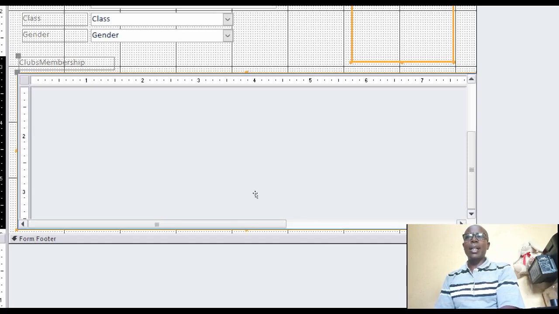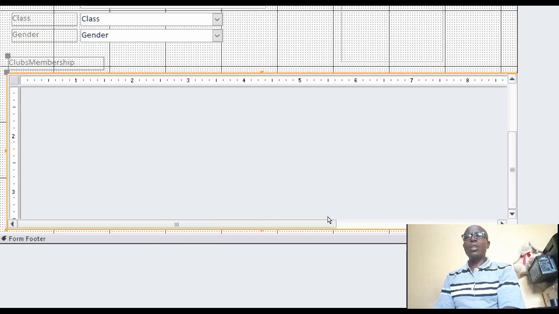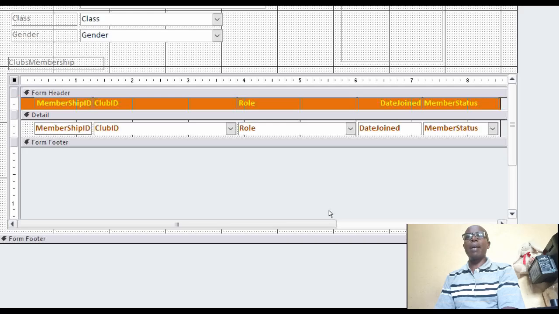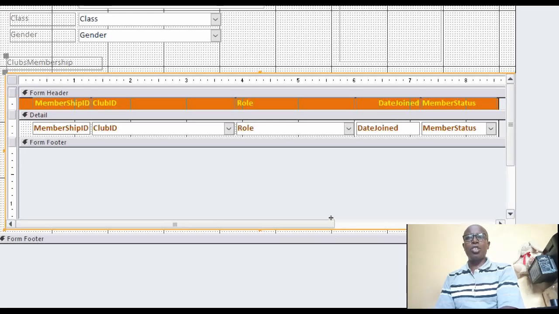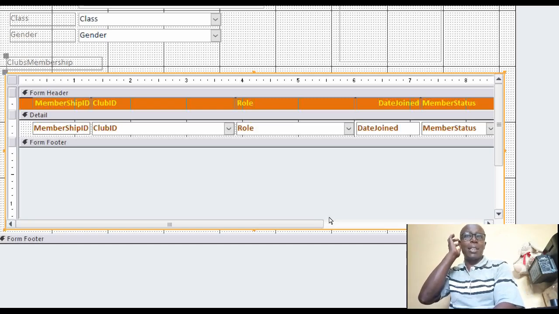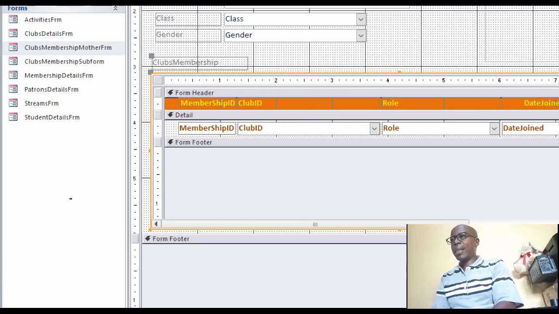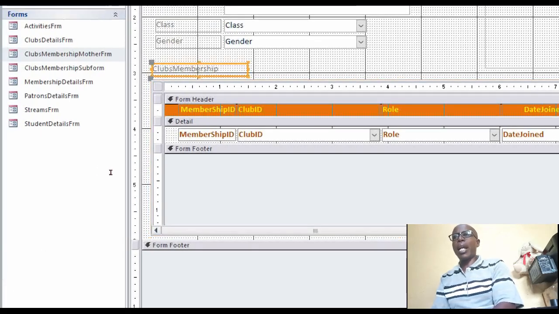So I want to click on the form in a way that I can adjust it, and then using the middle sizing handle vertically, I can widen the form so that I now have all the labels in display the way I want. So once we have ensured that we have seen all the labels, avoid having extra surplus space towards the right, because that will be a space that is wasted. Okay. Now, having done so, guys, the next thing that we might want to do is change the title